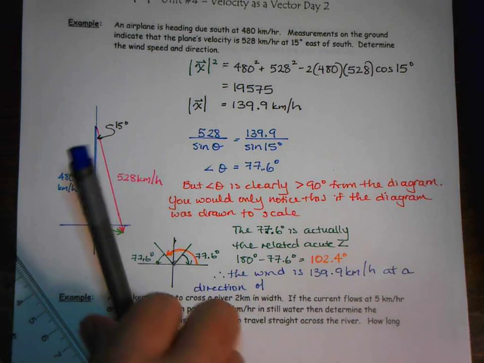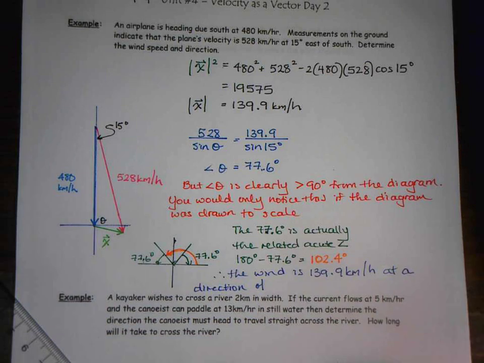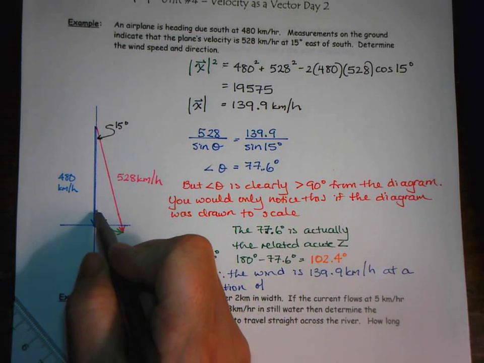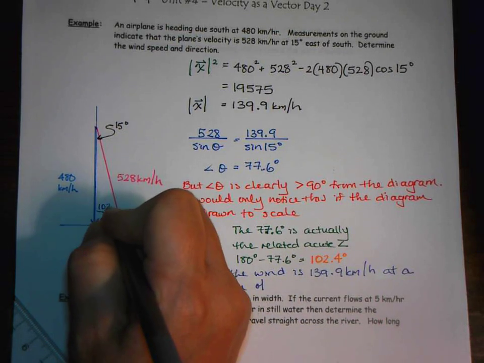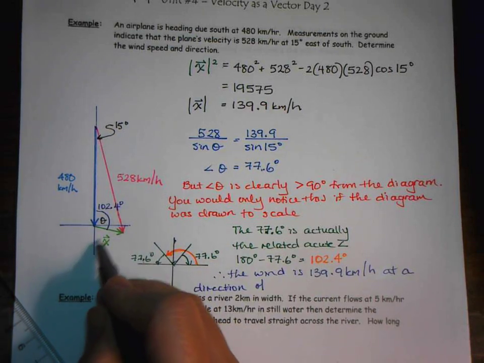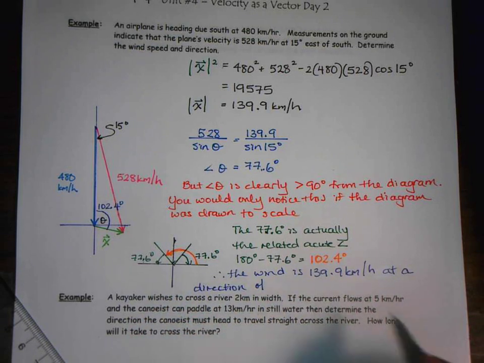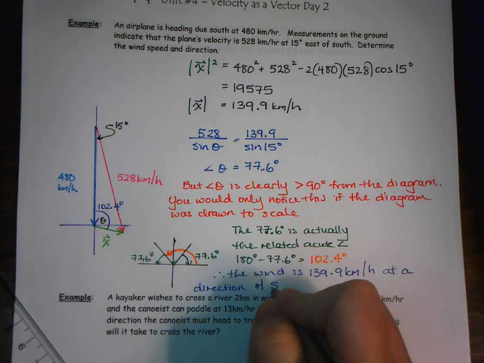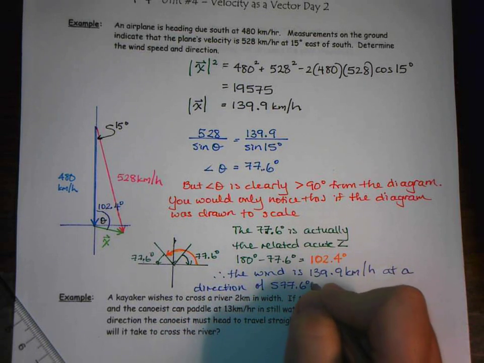And to get this angle in here, you're going to have to take this 102.4 degrees and subtract it from 180 degrees, which is 77.6 degrees. So in the direction of 77.6 degrees east of south, or 102